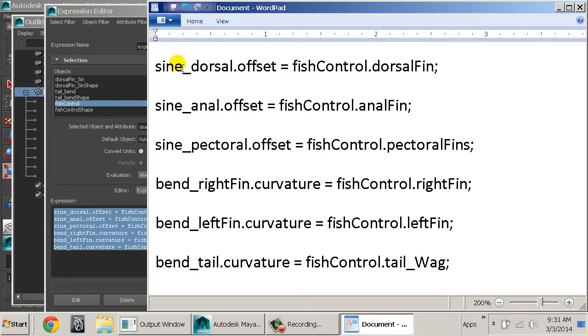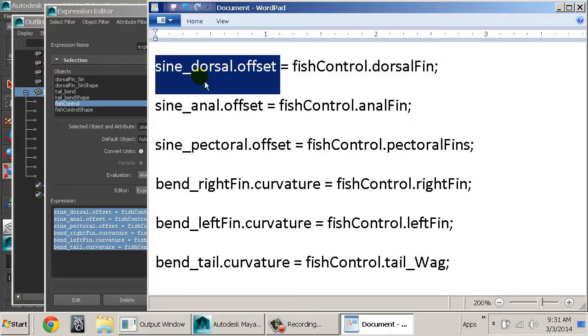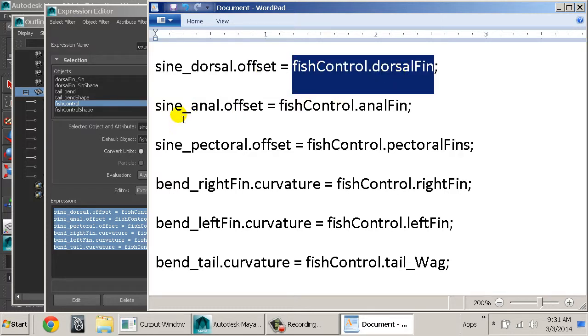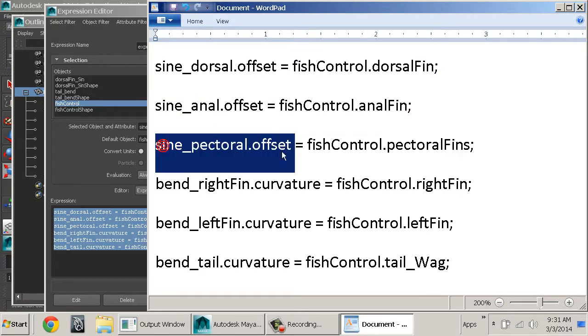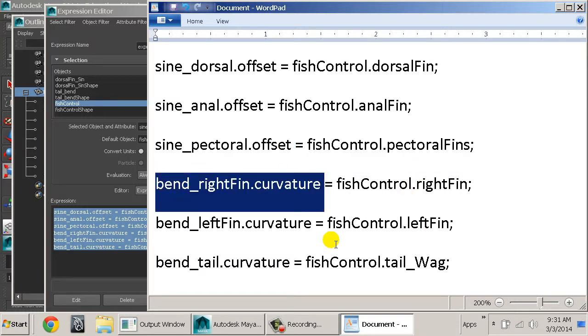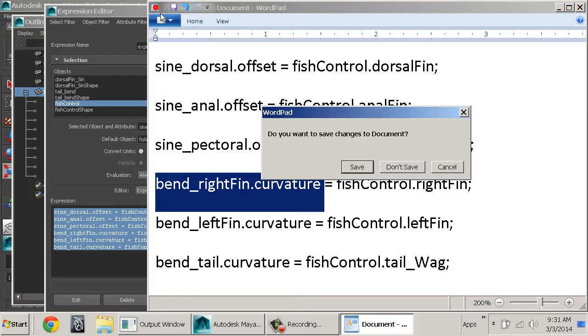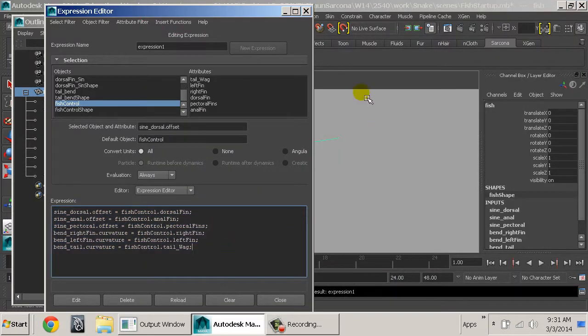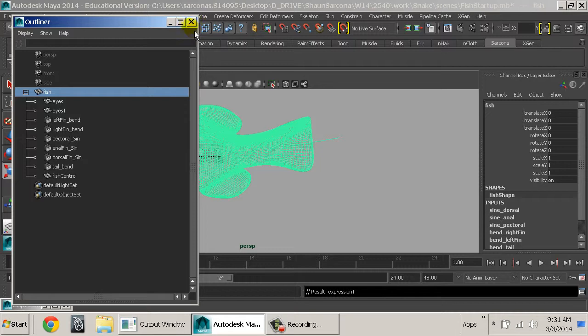Or I'll just do that so you can see the dorsal offset for the sine wave is equal to dorsal fin. The anal offset is equal to the anal fin. The pectoral offset equals the pectoral fin, and so on and so forth. Okay, so if you need to pause the video, voila. Okay, so now if I minimize this,